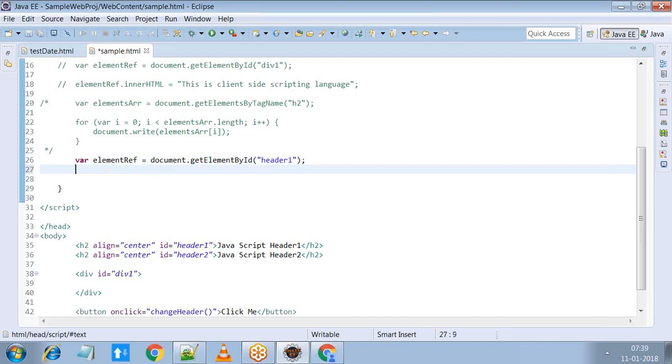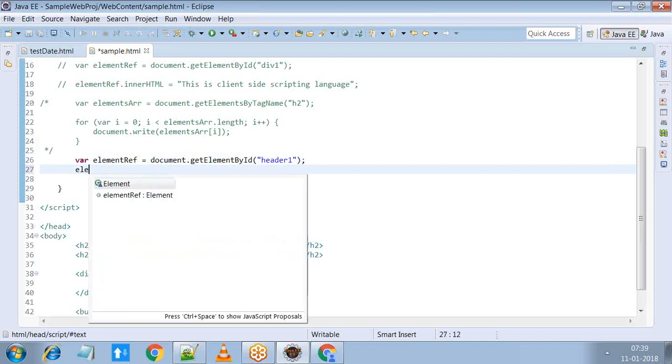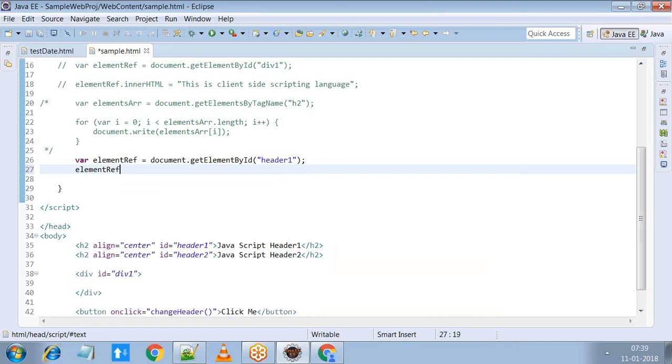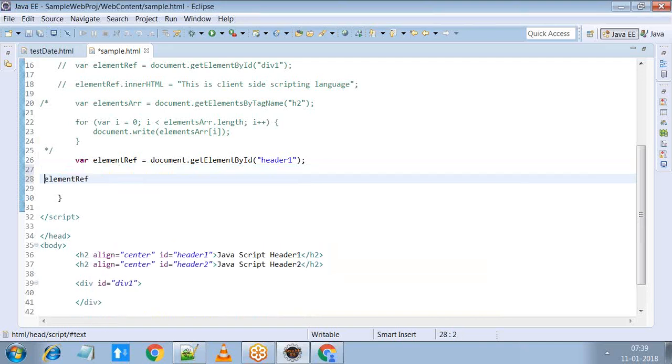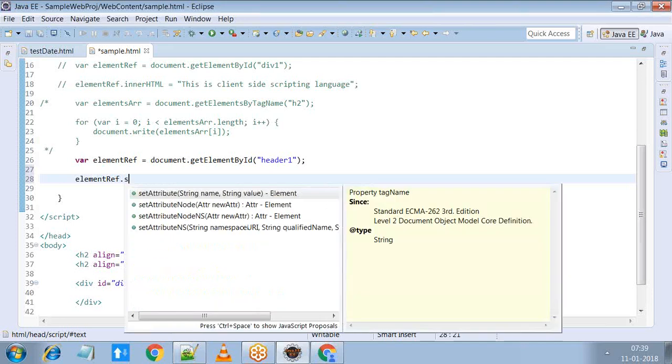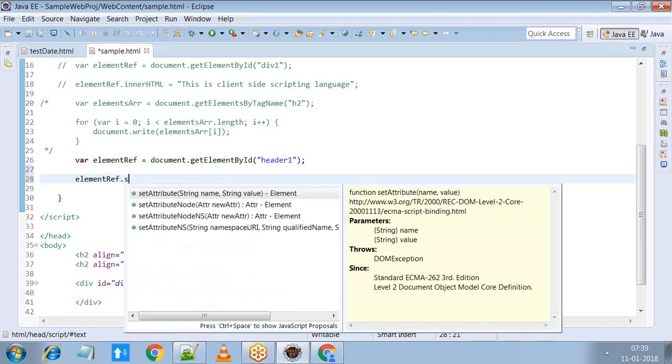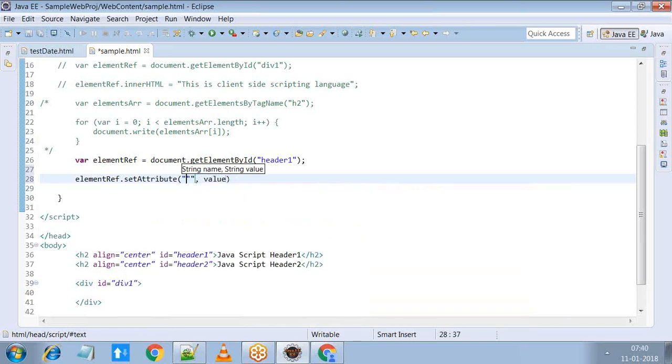After getting that element, you got the reference of that element node object. Which element node? The header one element node object reference. Now what I can do here is add an attribute. You see, the set attribute method is there. Set attribute, let's say style,